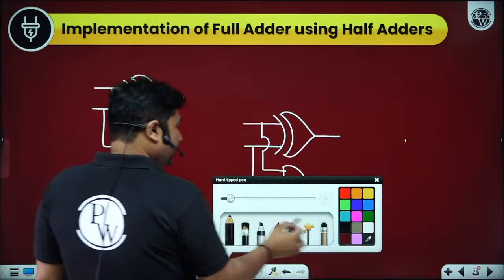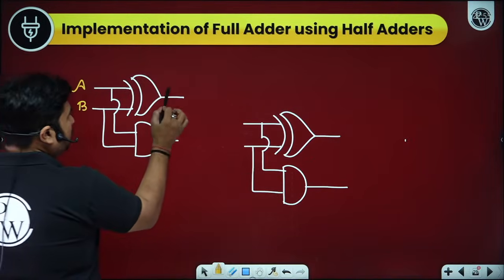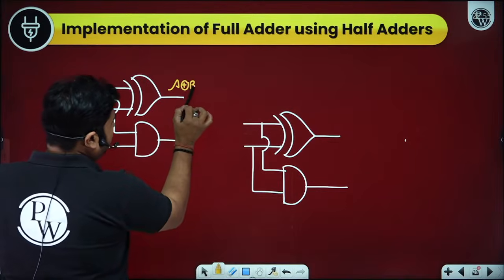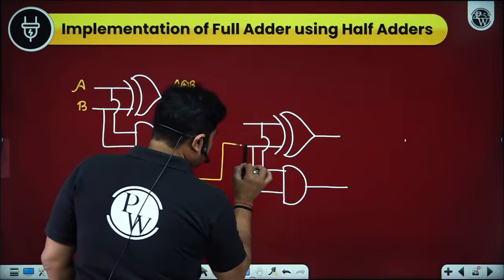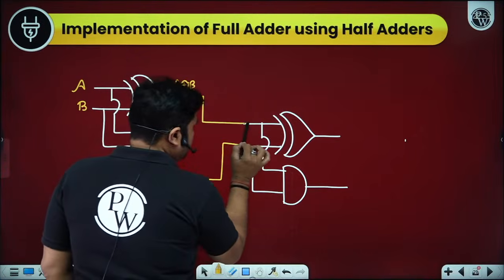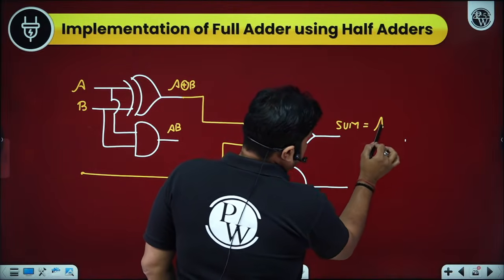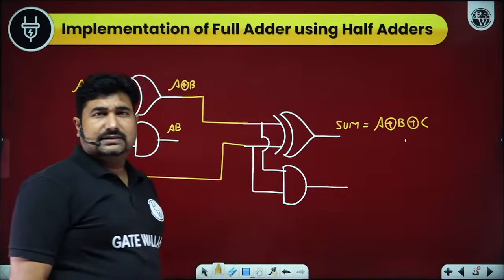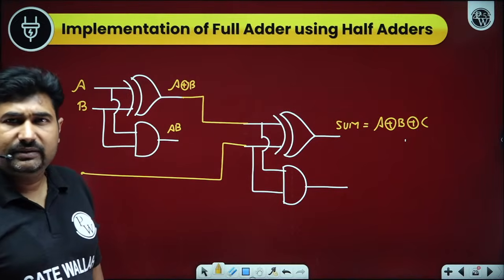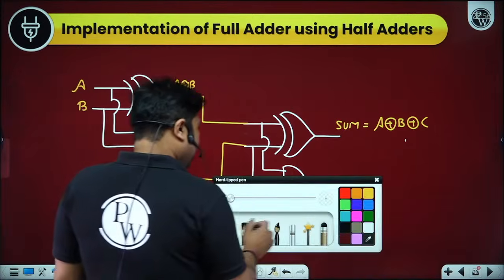I want to implement A XOR B XOR C. So A and B are here. We will get A XOR B and we will get AB. If I use C and this, then we have the sum bit coming as A XOR B XOR C. And the sum bit will suffer 2 XOR gate delay as in the previous case. Is it okay? But if we observe carry,